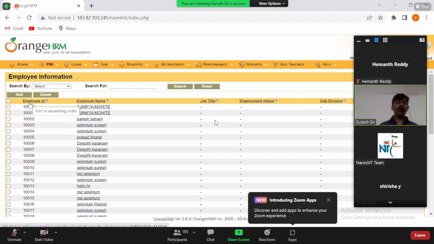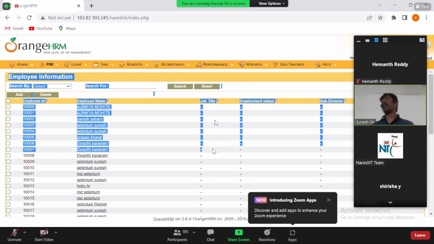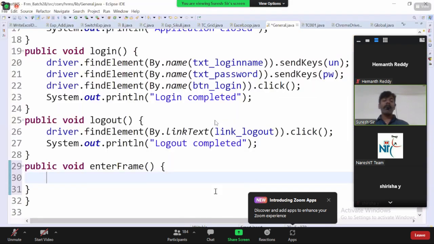No. If you want to perform any activity in the employee information page, then you have to take care of having this particular frame as one method. Now we are writing one